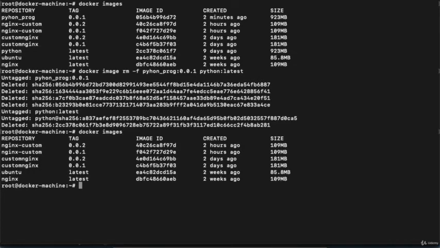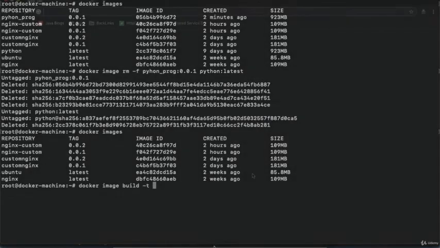right? Now what I need to do, I will again create the image with a specific tag and push it to my hub.docker.com account, right? For this I will execute a command docker image build -t. Now to push the image on hub.docker.com, I need to start my image name from my hub.docker.com account name. For this, first I need to verify the account name of my hub.docker.com account.